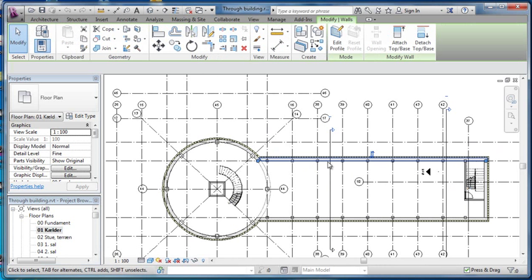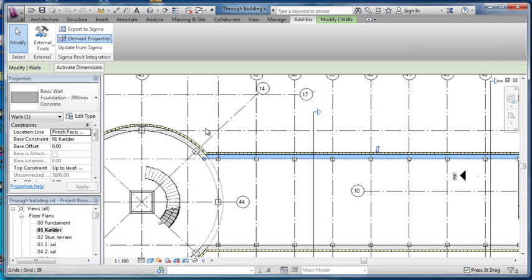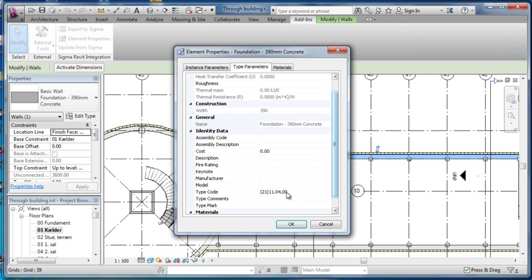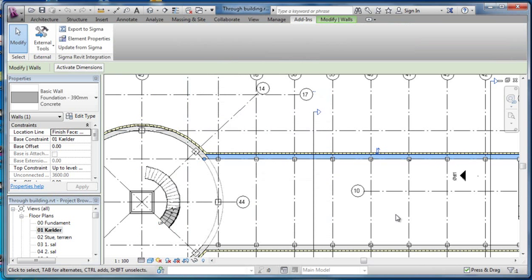type-coded each of the items in the basement, the columns, the walls, the insulation, the asphalting, tanking of the walls, etc., by going into the add-ins and putting in a type code on the type parameters, and the type code is here. And this I've done for all the elements in the building, but in particular the ones in the cellar or